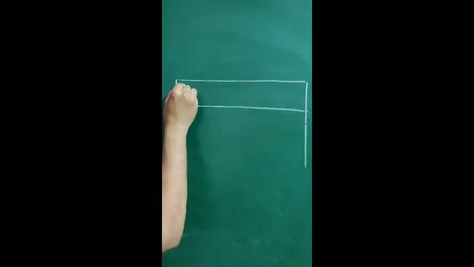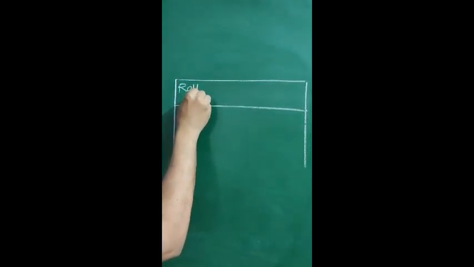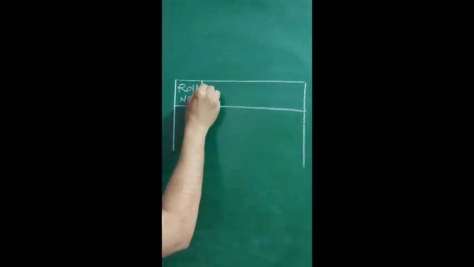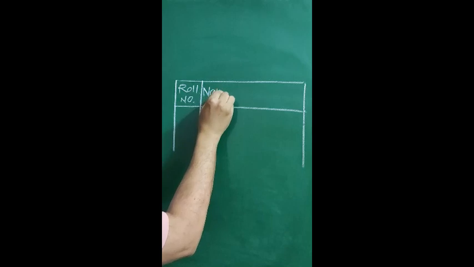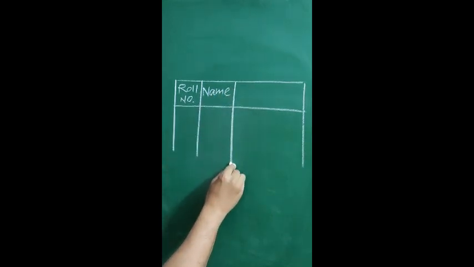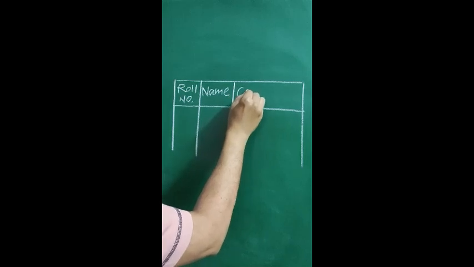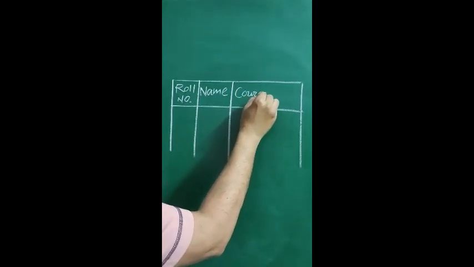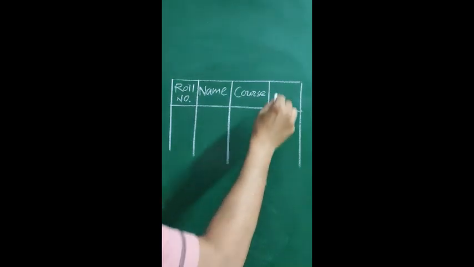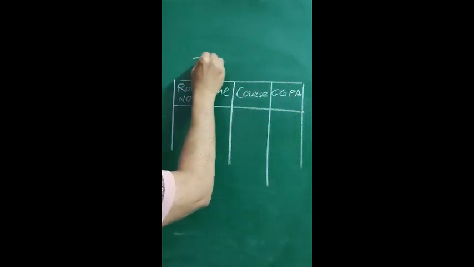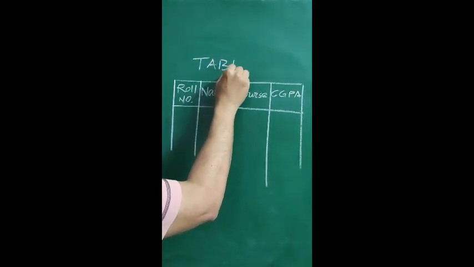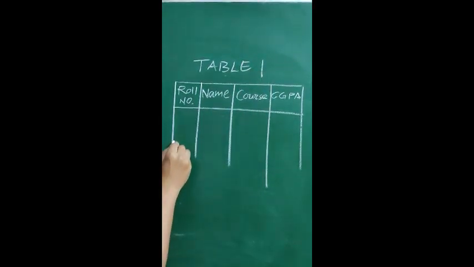Whenever you start to work on a database, you need to define the structure of the table. You need to identify the fields and the relation between different entities. If certain changes to the structure are required, then also you have to write commands to do so. All these commands come under the category of DDL. Let us consider a scenario. We have to enter data into a table named Table 1 with the fields roll number, name, course and CGPA. To create this table, we use create command.